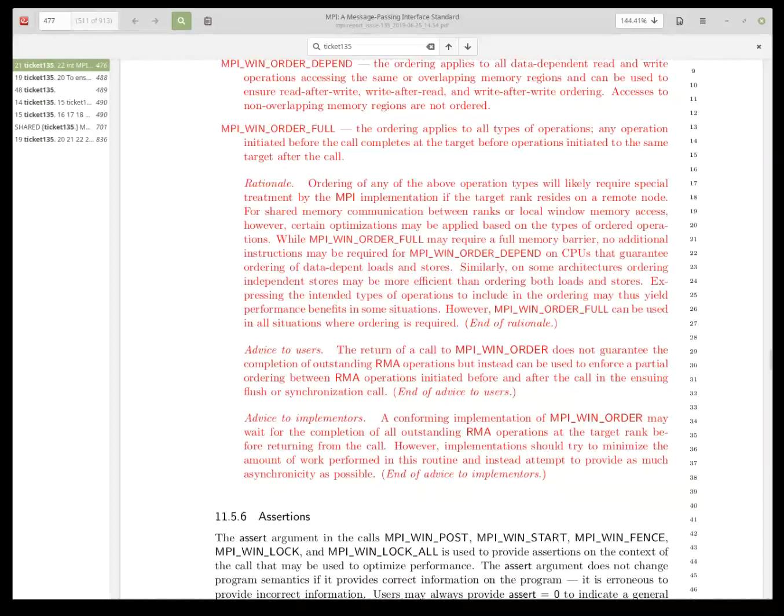I think I stopped at the rationale. So the rationale: ordering of any of the above operation types will likely require special treatment by the MPI implementation if the target rank resides on a remote node. For shared memory communication between ranks or local window memory access, however, certain optimizations may be applied based on the types of ordered operations. While MPI win order full may require a full memory barrier, no additional instruction may be required for MPI win order depend on CPUs that guarantee ordering of data-dependent loads and stores,